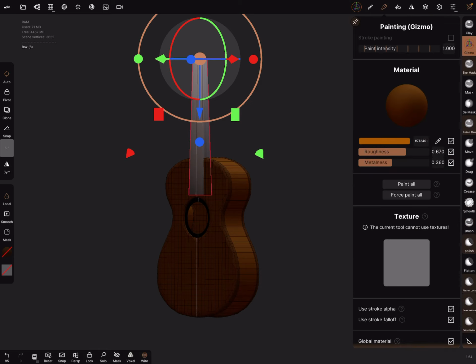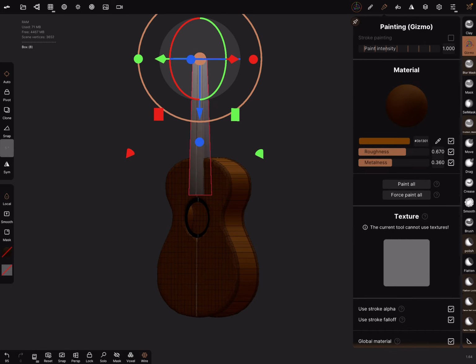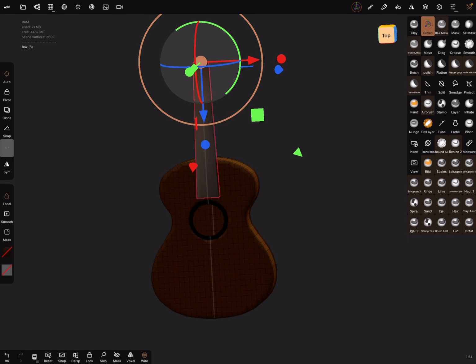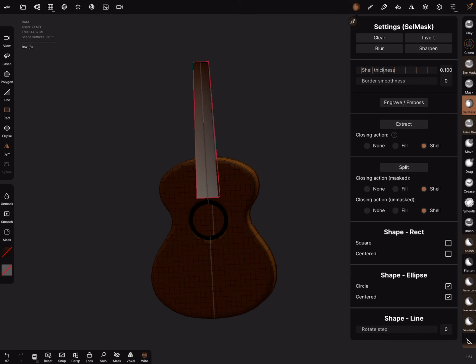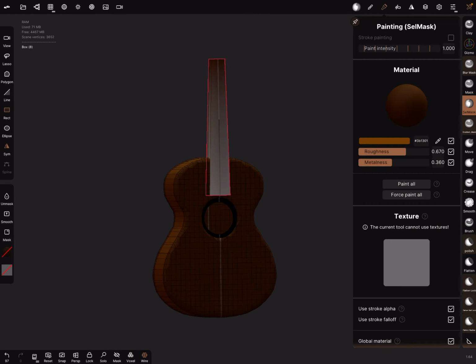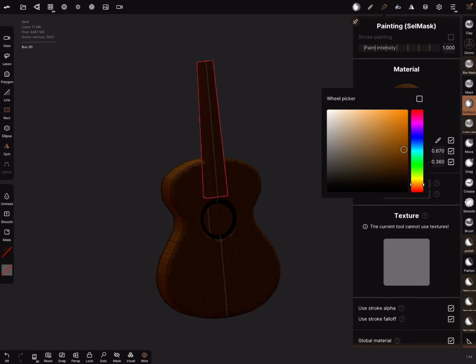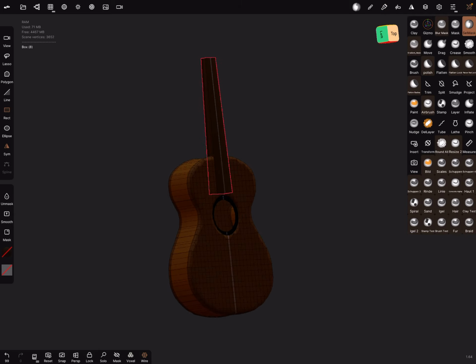Okay, let's paint it. And now we can clear the mask. Paint it again. Let's make it a little bit darker. Like this.